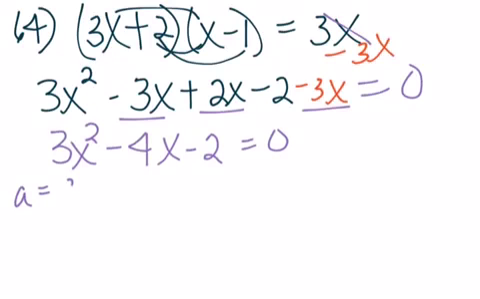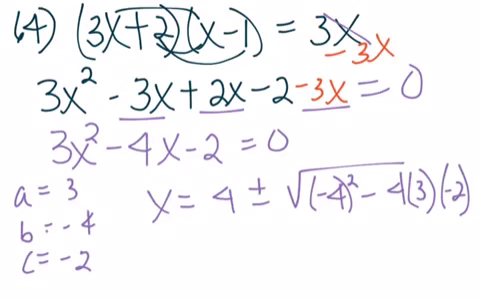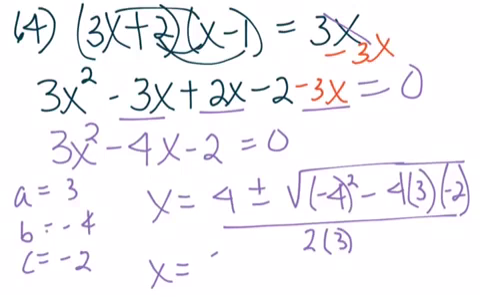So A equals 3, B equals -4, C equals -2. So x equals the opposite of B, which would be 4, plus or minus the square root of -4 squared minus 4 times 3 times -2. All over 2 times 3. When you simplify what's out there, you have x equals 4 plus or minus the square root